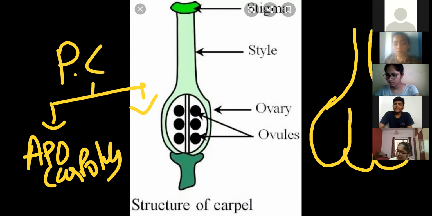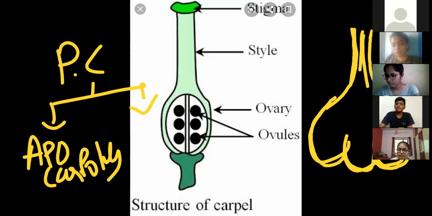When they were not fused, what did they look like? Individual 1, 2 and 3. Right? Earlier diagram if you remember. Right? When they are fused with each other, each and every, that's the carpel. 3 ovaries are fused. Over here 3 styles are there, they are also fused, so make one style-like structure. And then on that the stigma is present. Stigma is also fused. Stigma generally, in this type of condition, is bifurcated. इसमें देखो आपको 3 ब्रांच जैसे स्ट्रक्चर दिख रहे हैं ऐसे. That indicates here 3 carpels are present.